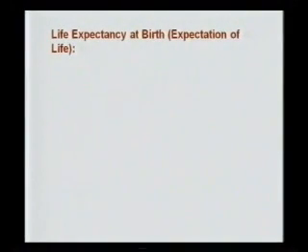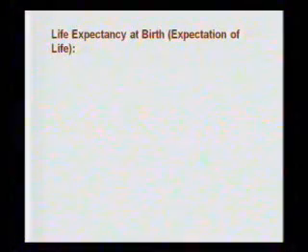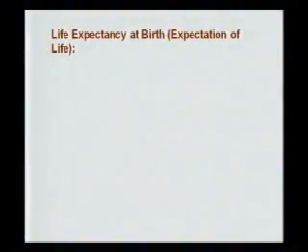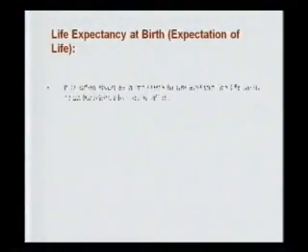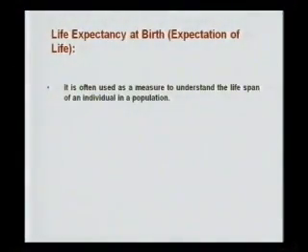Now, another indicator is life expectancy at birth. I'm going to talk very quickly about what life expectancy at birth is, which is often misunderstood. When we talk about life expectancy, it doesn't mean how many years a particular person is going to live. It asks: for a newborn today, children born today, how long are they going to live? That's based on a technique known as the life table. I cannot go into that in great detail,